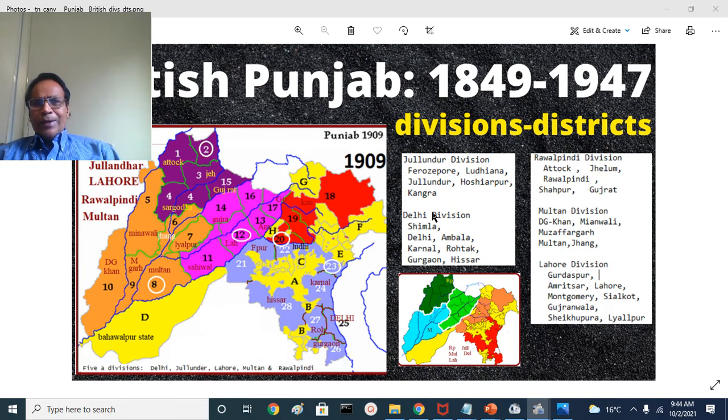Then we have the Delhi division, sometimes called Ambala division, sometimes you will see it as the Haryana division, especially the Bangar speaking region. That is a dialect of Hindi called Haryanvi speaking region. It has Delhi, of course. And it also had possession of Simla. This I forgot to mention so far.